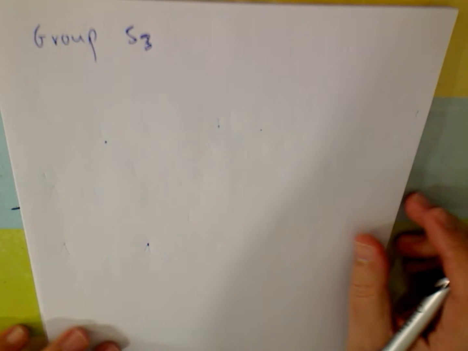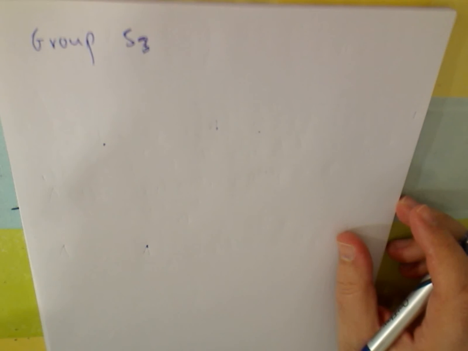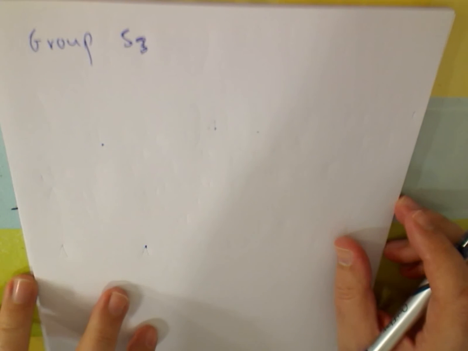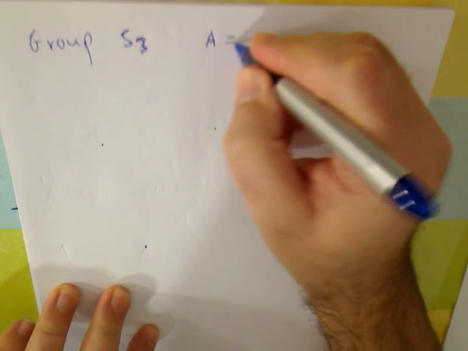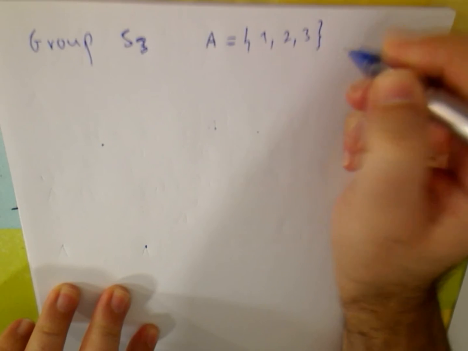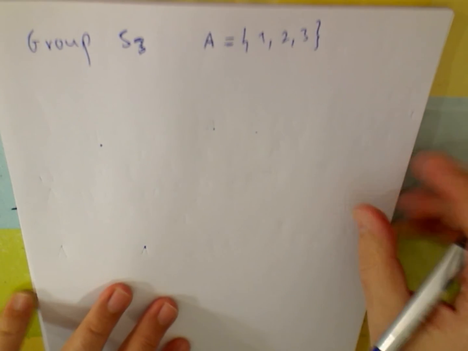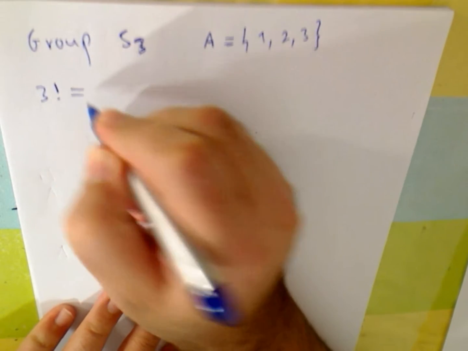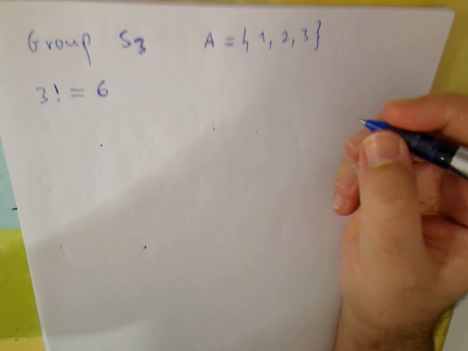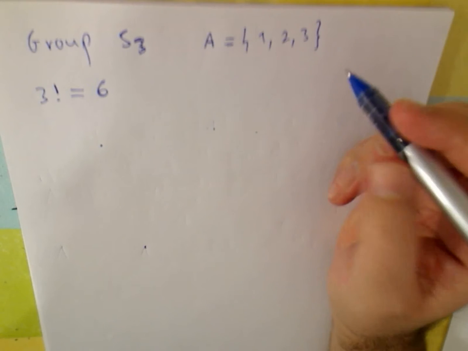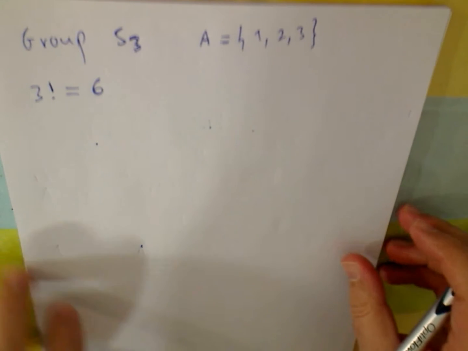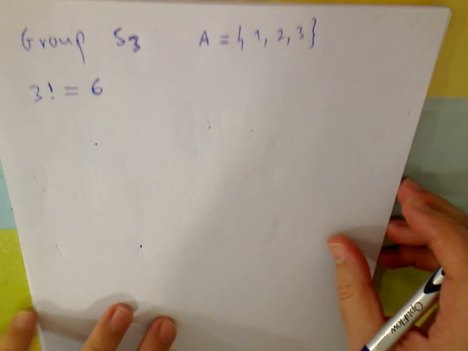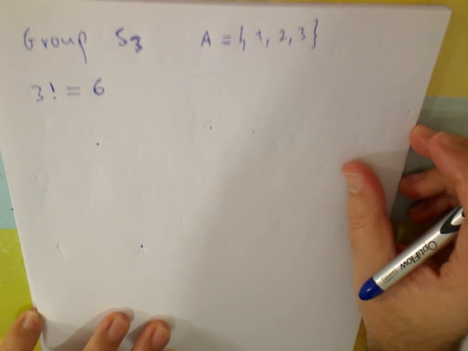So this video will be about the group S3 and D3, the dihedral group. Since S3 is the set with 3 elements, 1, 2, 3, the number of permutations here will be 3 factorial, and that will make 6. It's easy for you to see that. We can make right away the list of the permutations, but